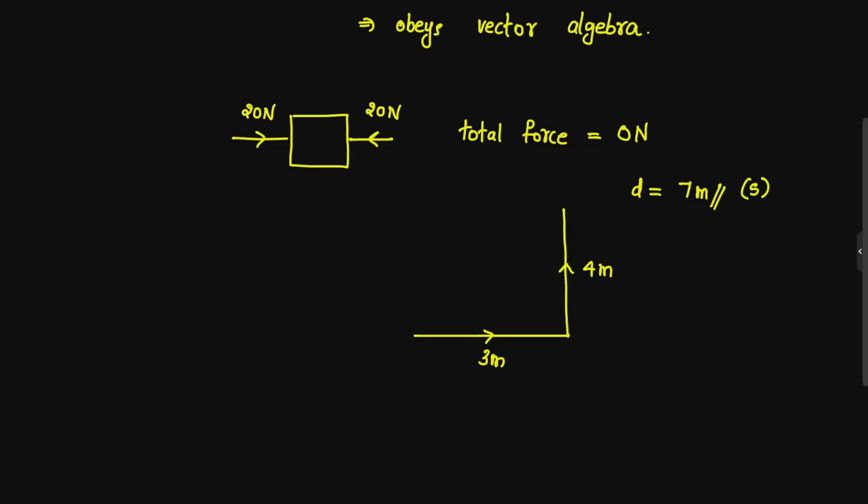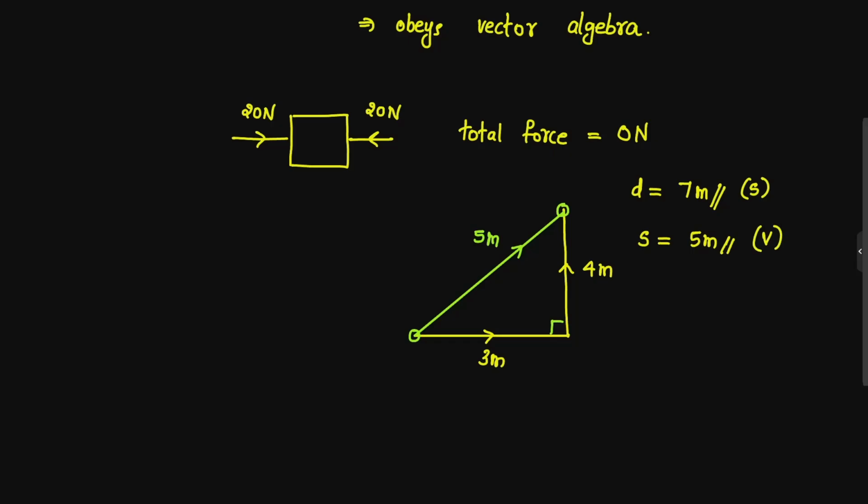While if we are going to take a displacement S, displacement is fundamentally you take a starting point, you take an ending point, you connect them by a straight line. That is called your displacement. Since it is a right angular triangle, you will get a displacement is 5 meters. So I can say displacement here is 5 meters and it is a vector quantity.